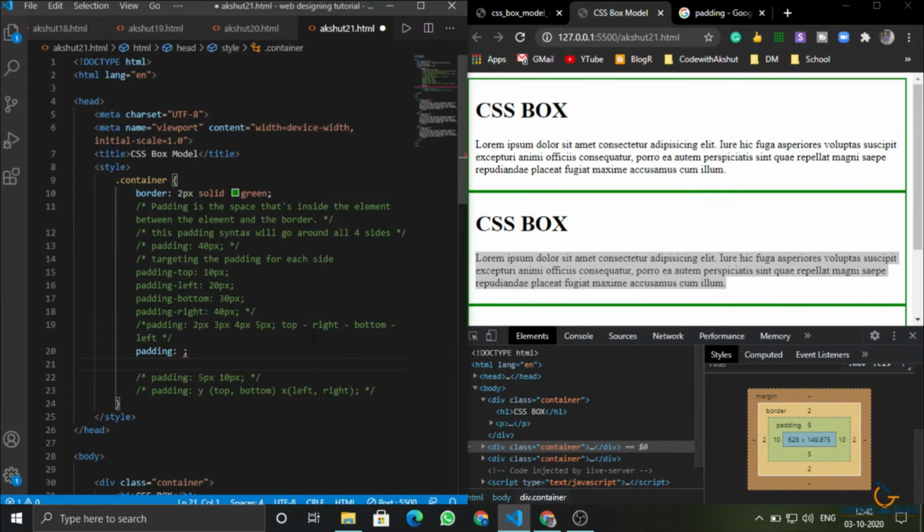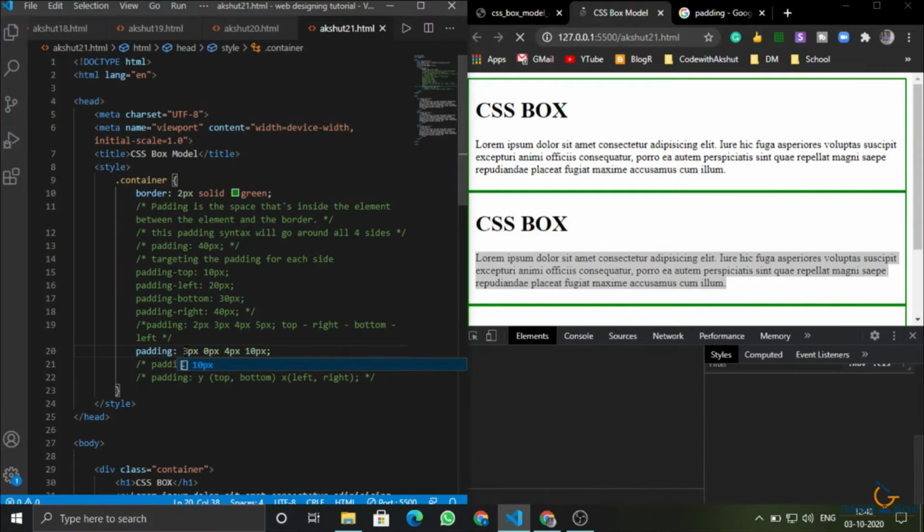So as I told you, top, right, bottom, left. If I want to add 3 pixel to top, then on the right I don't want any padding, so I will write 0 pixel. Then at the bottom I want 4 pixel, and at the left I want 10 pixel.